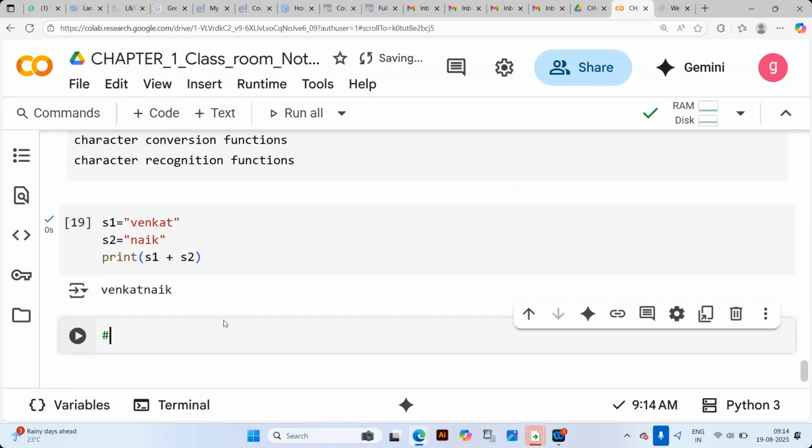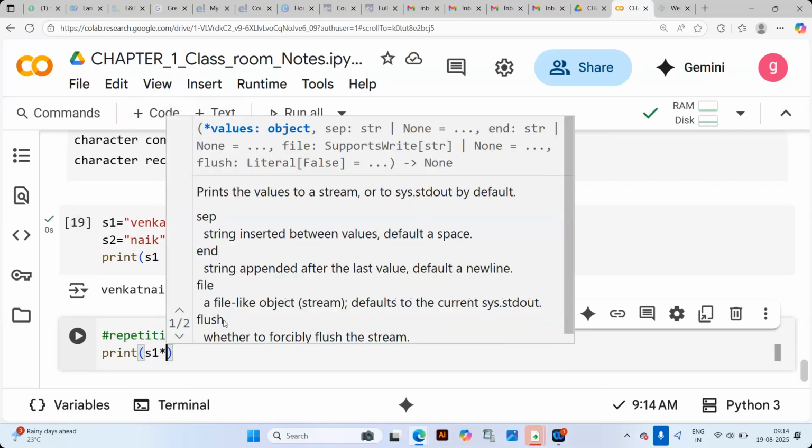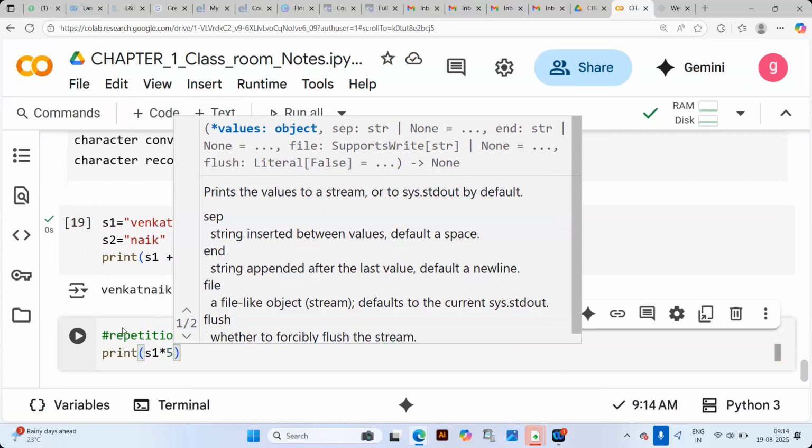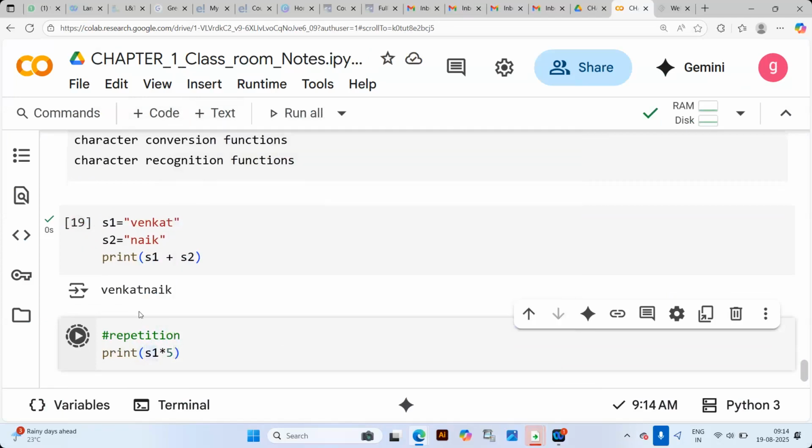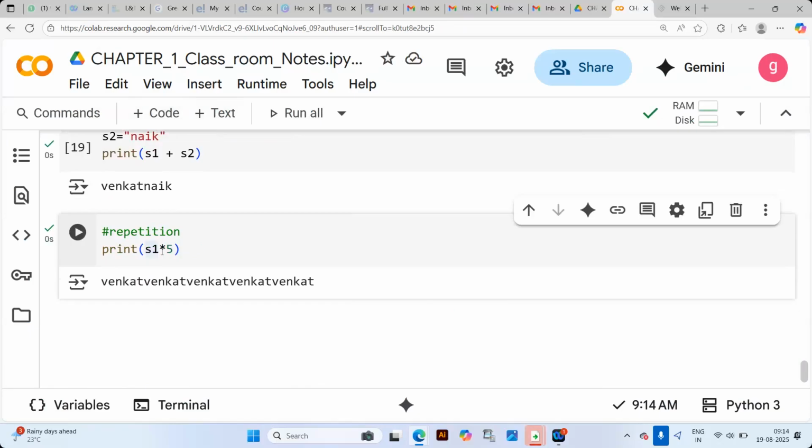Similarly, repetition. If the S1 string is to be repeated 5 times, S1 multiplied by 5, which means it is a repetition, it is not a multiplication. You see the output? If you give a small space, it will be displayed like this.